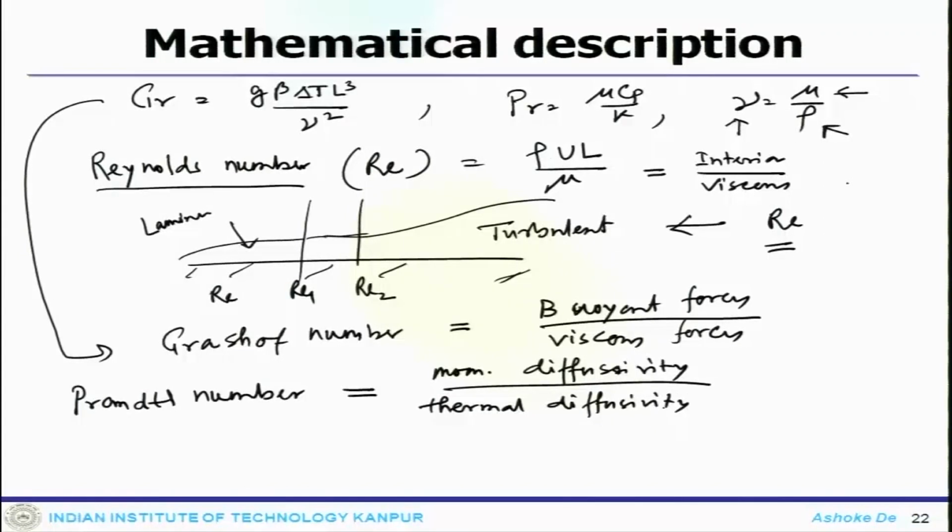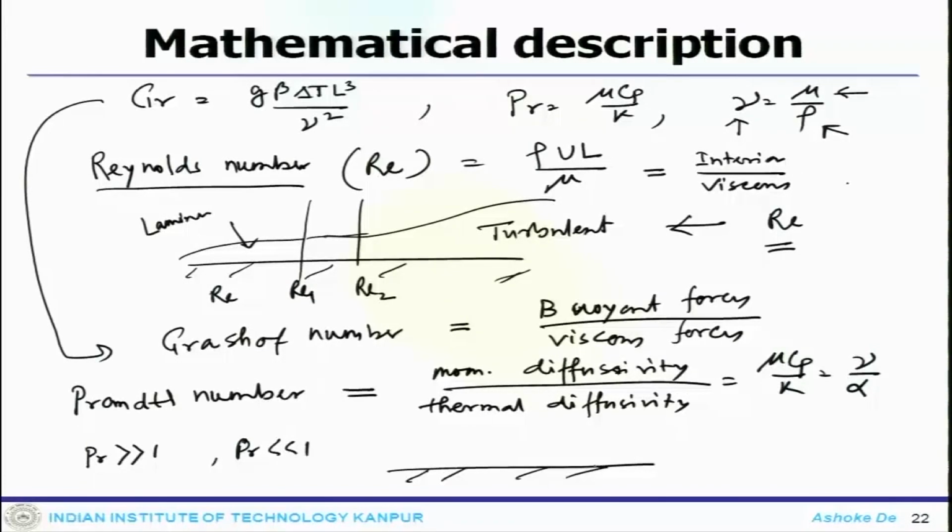So, the Prandtl number will be mu Cp by K, essentially I can write that as nu by alpha. Now, the Prandtl number could be greater than 1 or less than 1. If you look at the flow evolving over a flat plate,